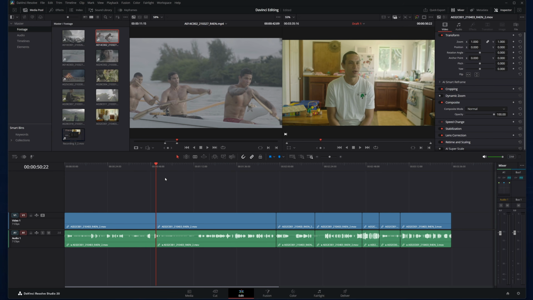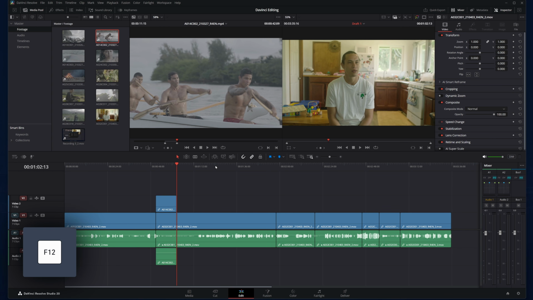Generally, it's a lot easier if you can keep your B-roll above your interview footage, at least while you're initially editing. So how to do that? One keystroke I didn't cover yet was F12, because there's no button for it over here, and F12 inserts footage over existing footage, which is great, except now we have this audio clip, and in this edit, at least, there's no B-roll audio, so this clip is just dead space cluttering our timeline.